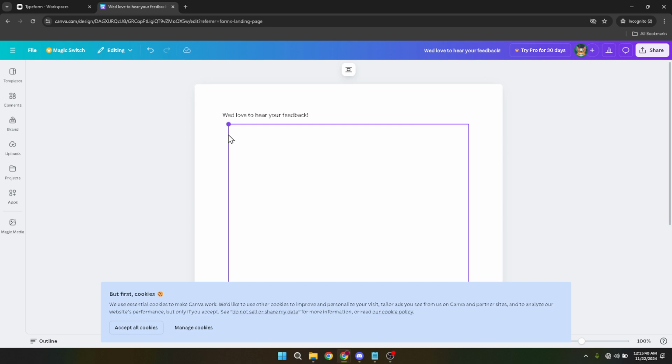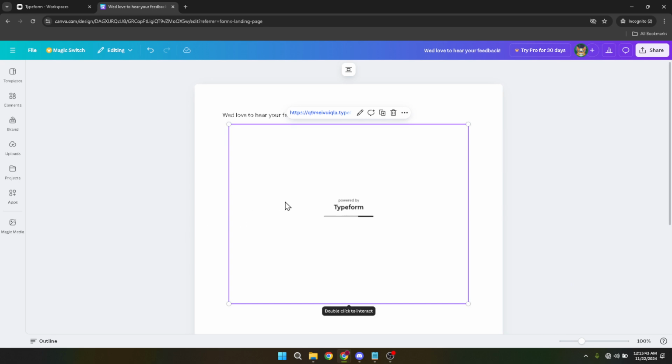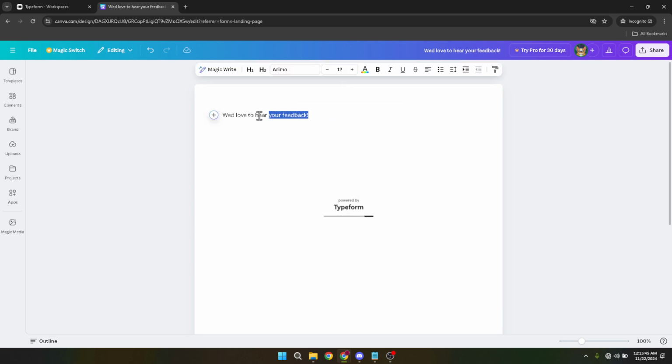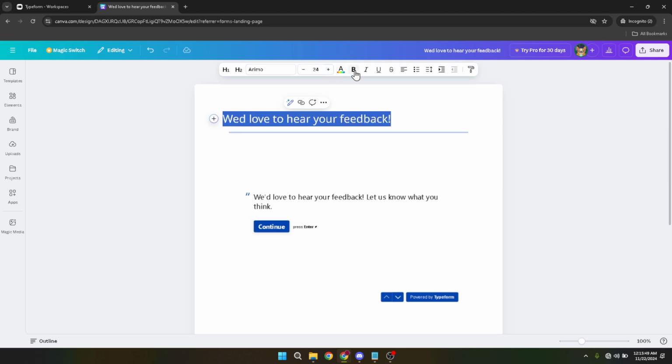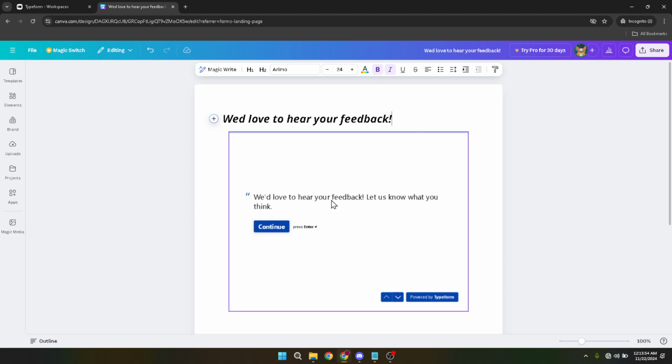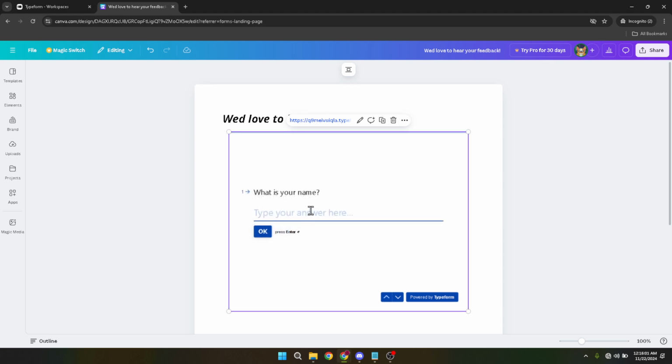In conclusion, by integrating Typeform into your Canva designs, you're essentially breaking the mold of traditional forms. You're not just collecting information, you're doing it in a way that's both effective and pleasing to the eye. Whether it's for a professional project, an event, or just for fun, leveraging the power of both Typeform and Canva can elevate your digital presence to new heights. Remember, the key to a successful form or survey is not just the questions you ask, but also how you present them. This unique combination of Typeform and Canva ensures that your audience is engaged from the moment they lay eyes on your form. So go ahead, give it a try, and watch as the responses start rolling in.